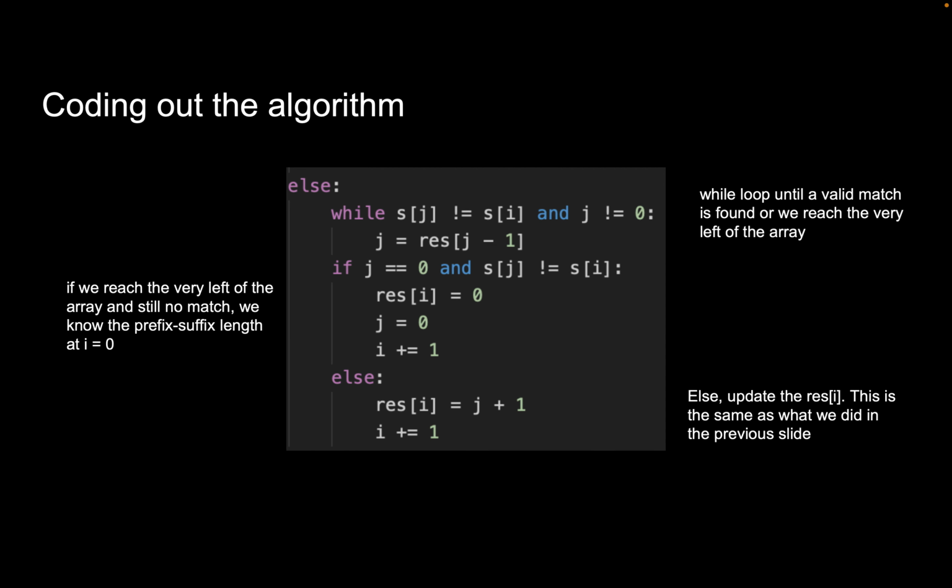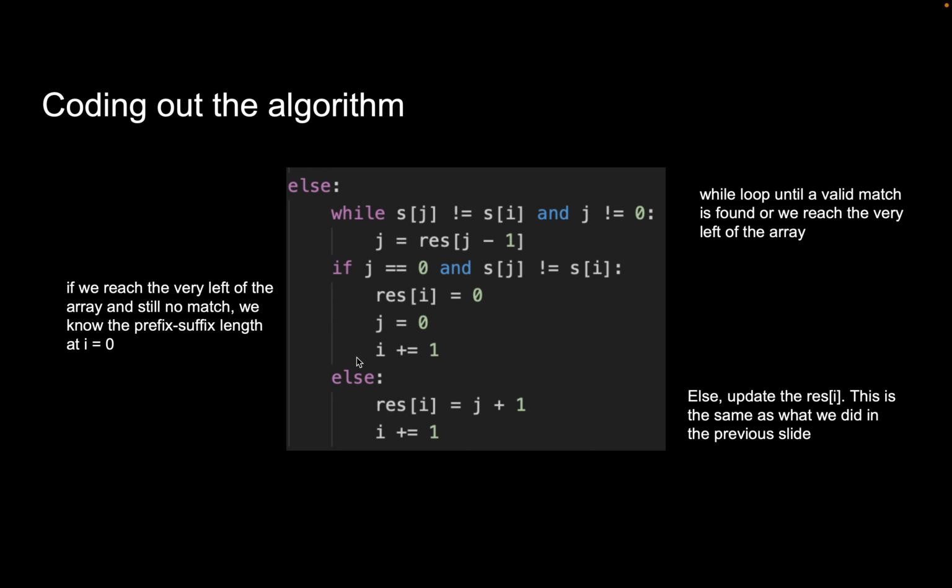So as we go on, we continue this while loop until we either find a match for which sj is equal to si, or the case where we have reached the very left of the array, right? This is a case where we reach the very left of the array and these things do not really match at all. Then we have to set the prefix suffix at the current index to be 0, right? Because there's no prefix suffix of any length to be found at that point. And then we set j to be 0, as that is the current longest prefix suffix,